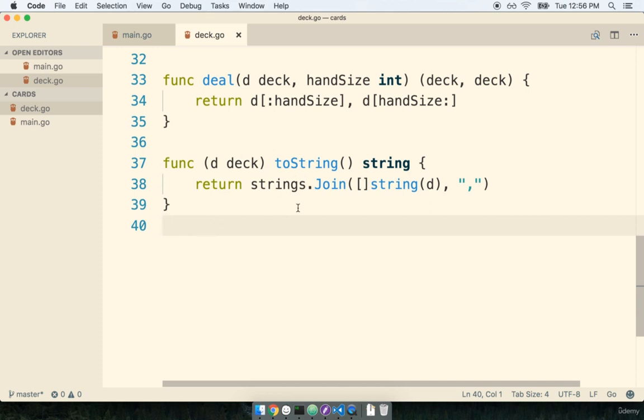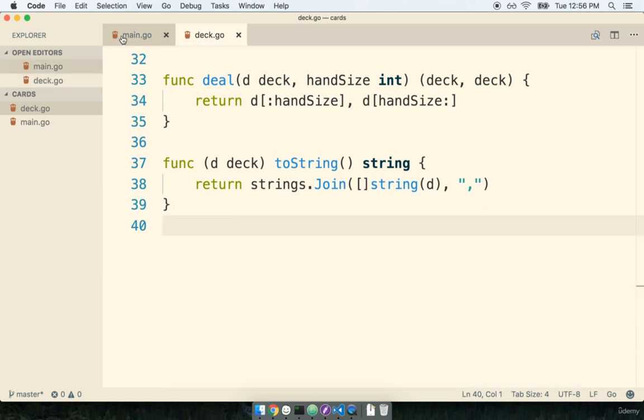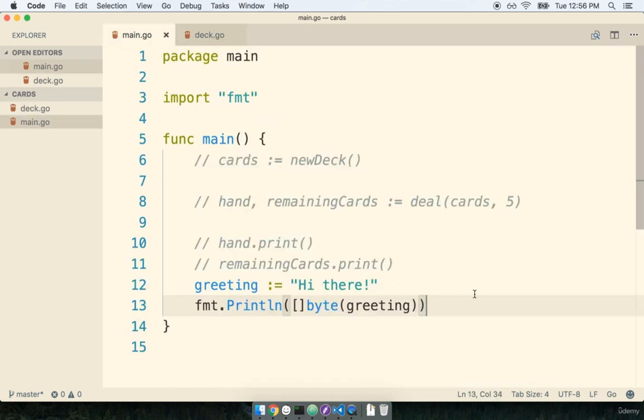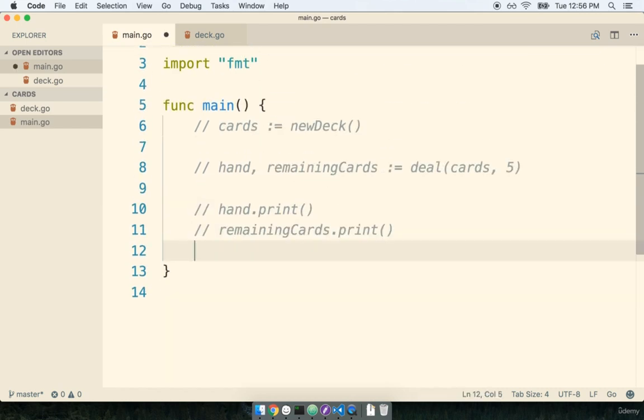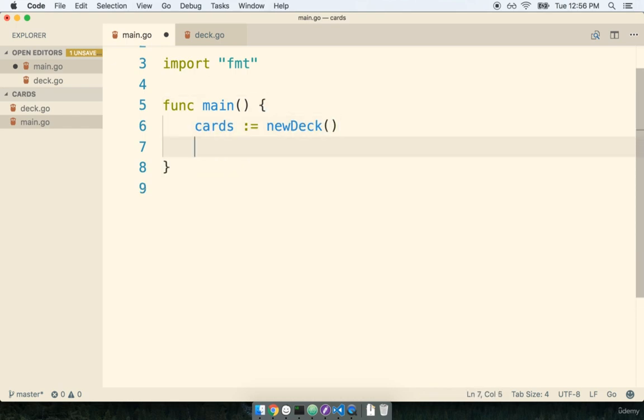Let's now test this out inside of our main.go file. So I'm going to flip back over. I'm going to remove that little play around statement we have right here. I'm going to make a new deck of cards. So I'll say newDeck. And you know what? We can probably just delete everything that we've commented out already. So I'll make my new deck, and then we'll call